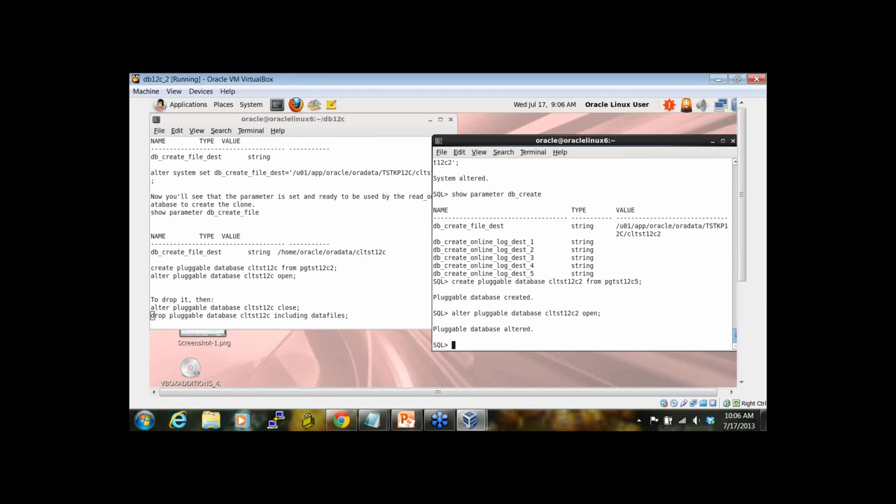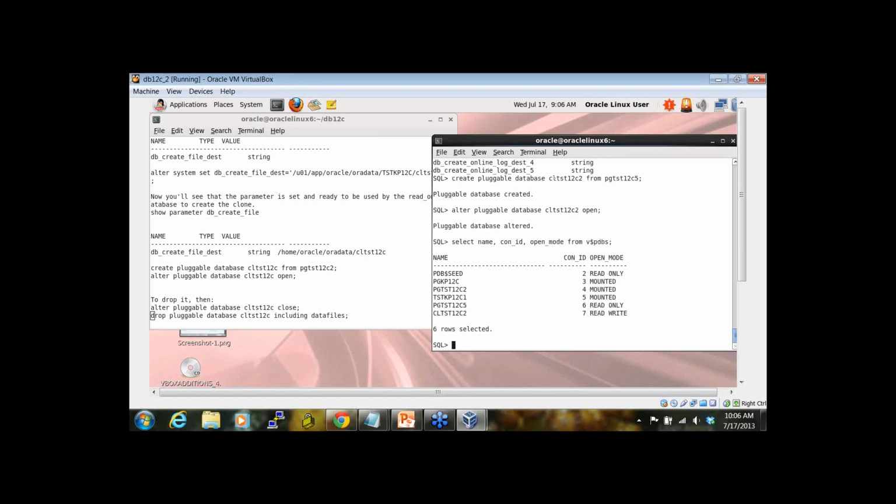And there you have it. We now have another database. Now what's interesting is that you'll also notice I've got all these mounted and all these different pieces here. You can clean this up pretty easily by going out and altering any pluggable database